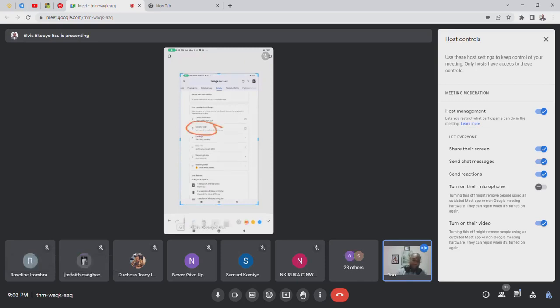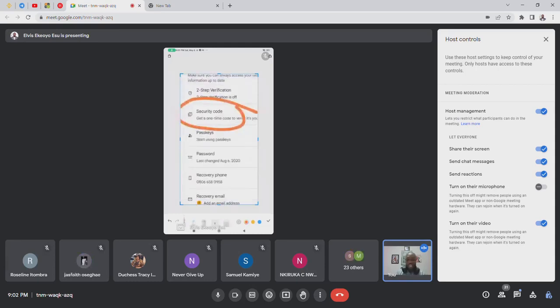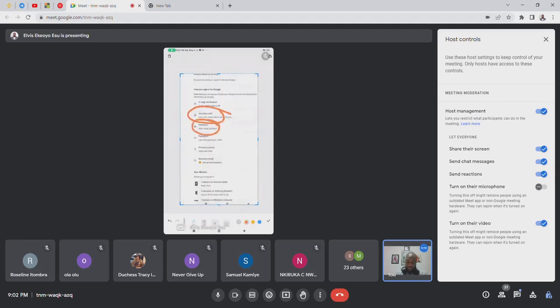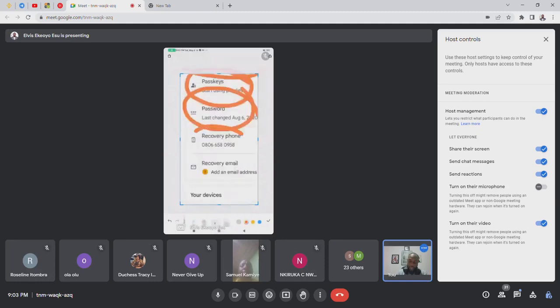You could secure it with a code. You always get a one-time code, like an OTP code, for you to use to log into the account. Then they also have what they call a passkey, like a password that will be sent to you. Some keys could be a mixture of both numbers and letters. Then you could also set a unique password, and then here a recovery phone number, and then here they